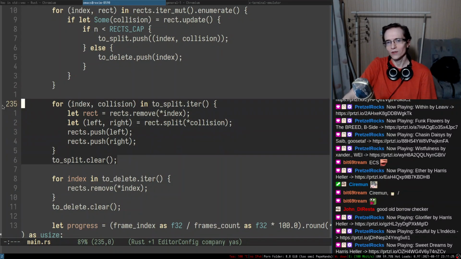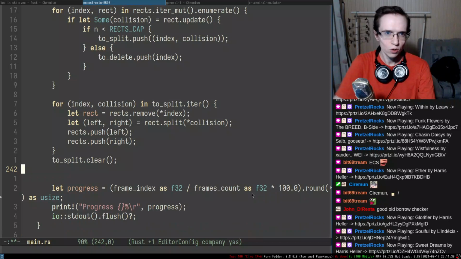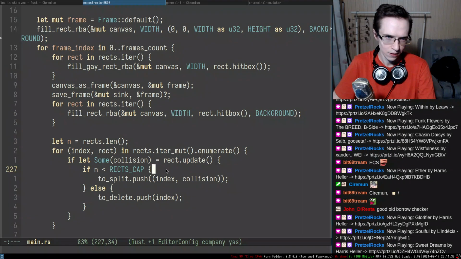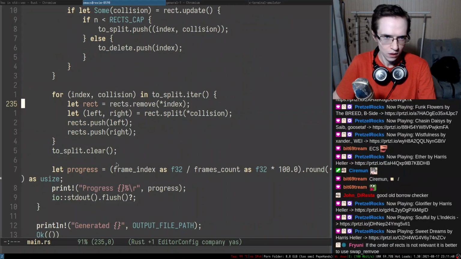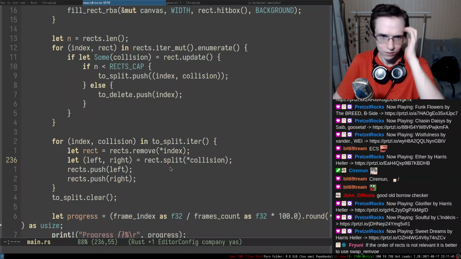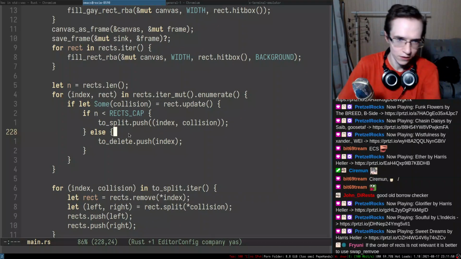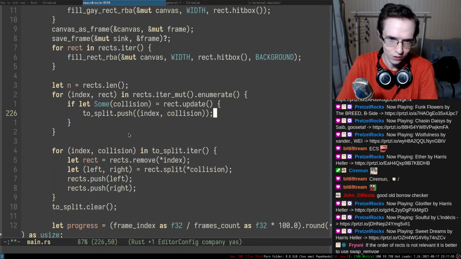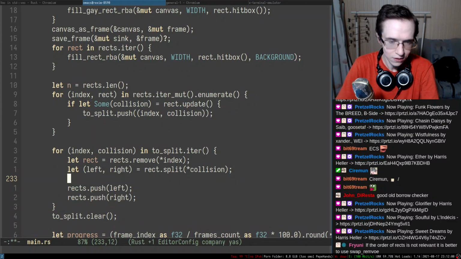Because this thing invalidates the indices of this one. So maybe the logic of deleting things should not be here. It shouldn't be here. I have an idea. So essentially, if you try to remove this entire thing, we're always going to try to split things, right? We're always going to try to split things. So we remove the entire thing, and